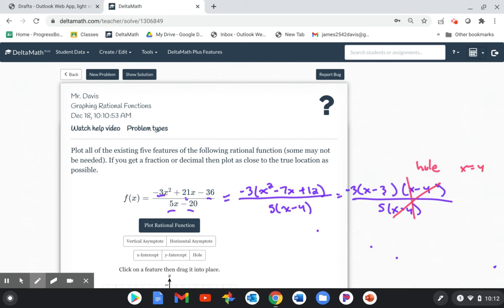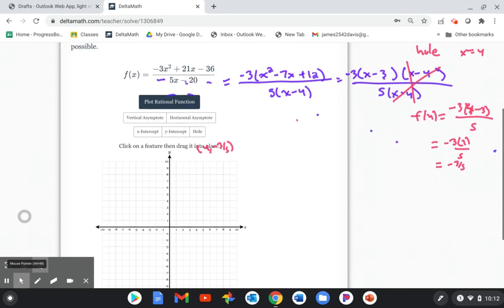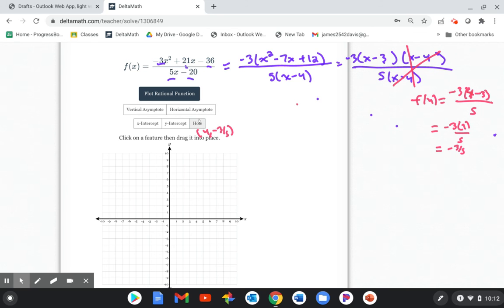And then remember, we need to plug it into what was left over there. So f of 4 will be negative 3 times 4 minus 3 over 5. So we get negative 3 times 1 over 5, which is negative 3/5. So our hole is at 4 comma negative 3/5. Let's go ahead and put that. Hole 4, negative 3/5. That's going to be a little hard to graph, but just kind of put it close to negative 1, and that should be